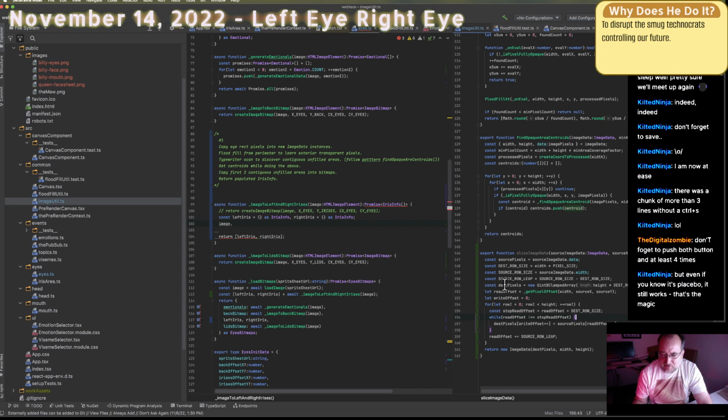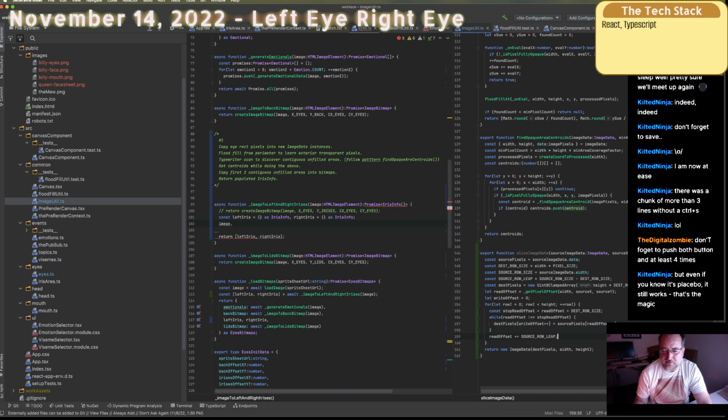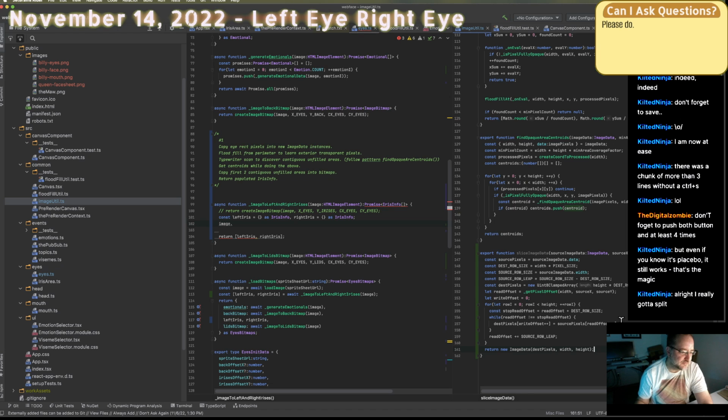All right, so this has got like a 32% chance of working on the first try. Let me think, how do I want to test this? I could write the code to just kind of blitz onto the screen. I could unit test it. If I do unit test it,